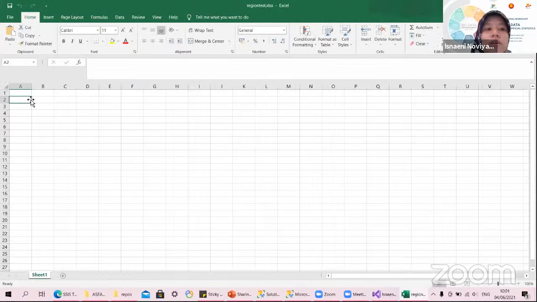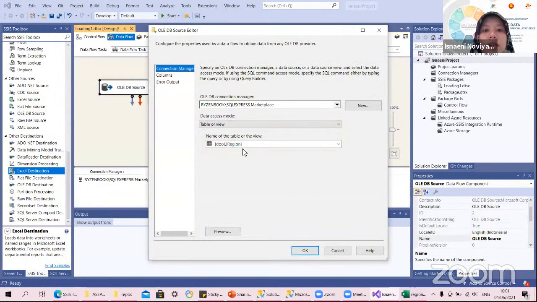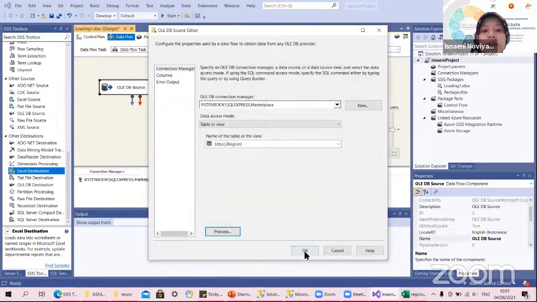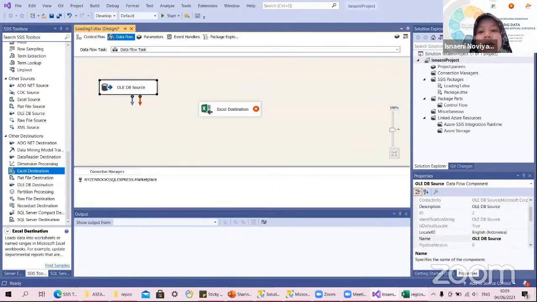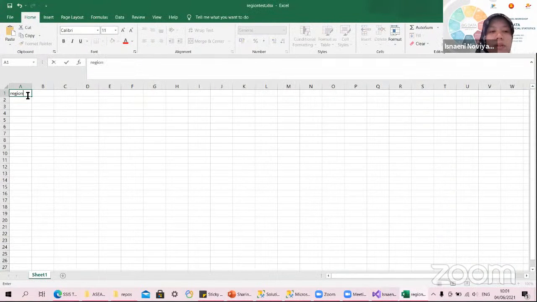define your column in here. So if you want to, in here, you have two columns, right? Region code and region name. If you want to move or load all of the columns, so in here you can just type the region code and region name